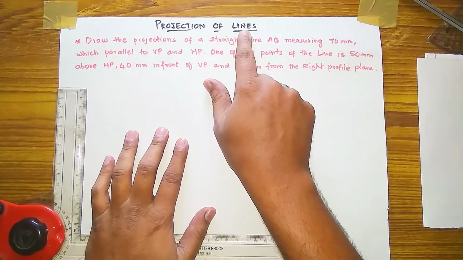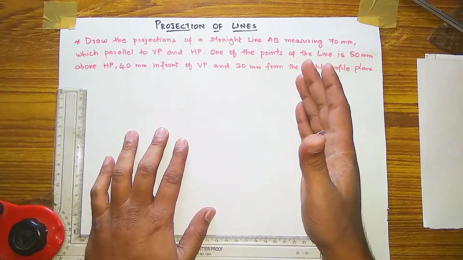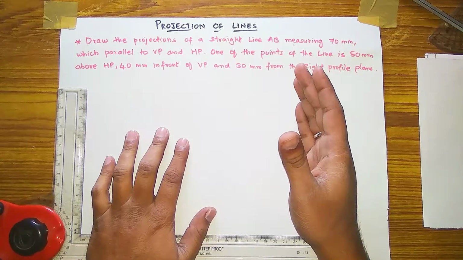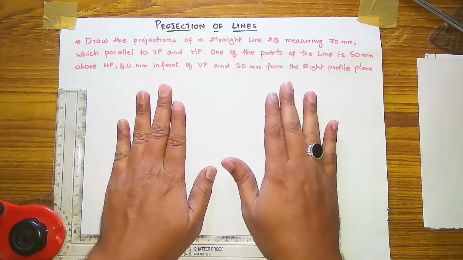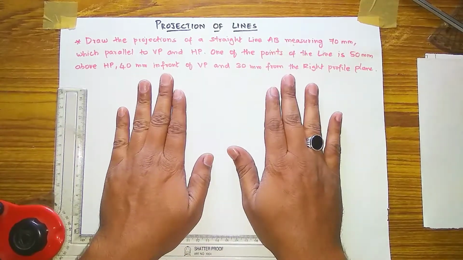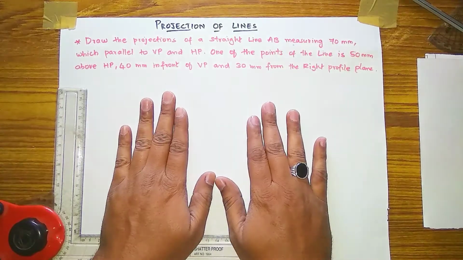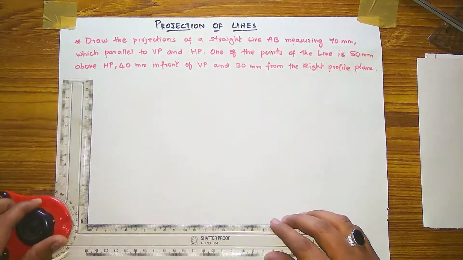I am today explaining you the projection of line chapter, which is applicable to diploma, ITI and engineering students of different branches. So this problem is of 15 to 10 marks for the different branches. So watch this video till the end. You will come to know how to draw this problem with easy concept by my concept and skills. So how to draft this, I am going to explain you.